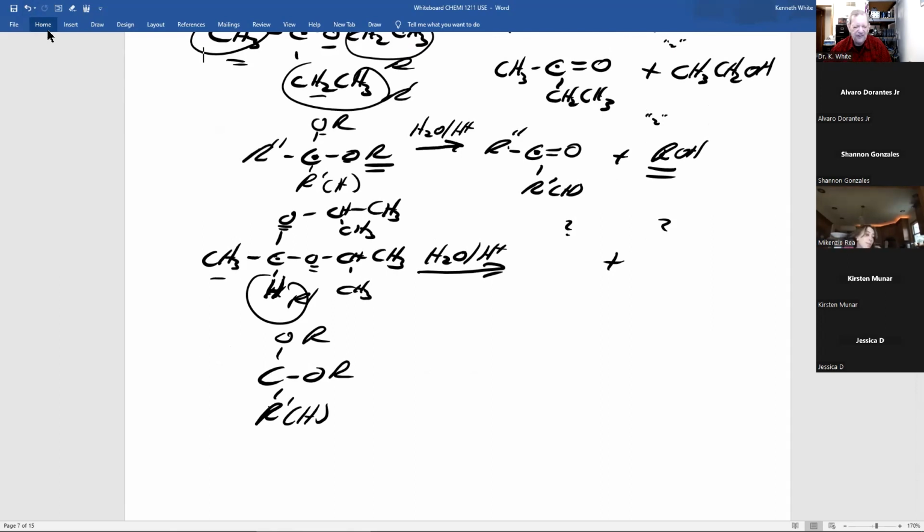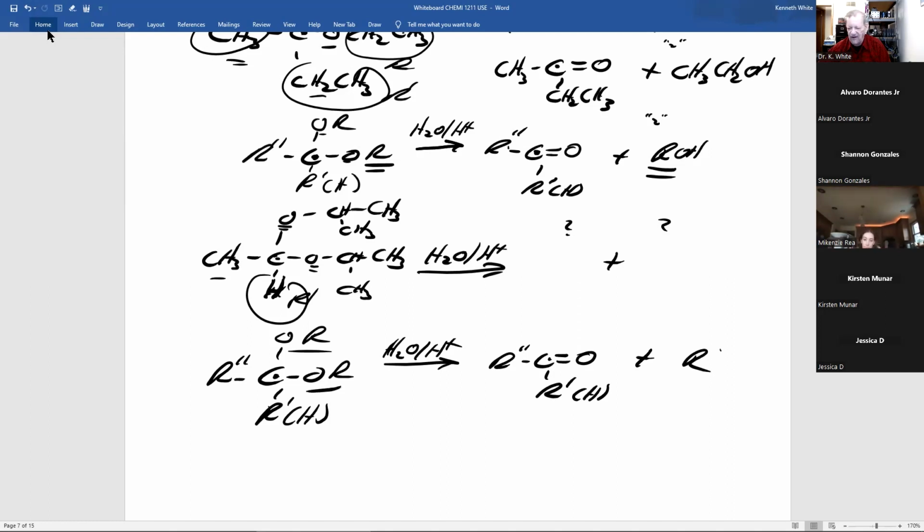And carbons here, I'll call R double prime. And this is an acetal or ketal. In this case, it is an acetal. I'll never ask you the name. Water, acid. Keep your eye on this. Carbon with two oxygens becomes the carbonyl. What's attached to it, R prime or hydrogen, R double prime, still there. And from here, you get your alcohol. And for those who must, you can put a 2 there, you don't have to.